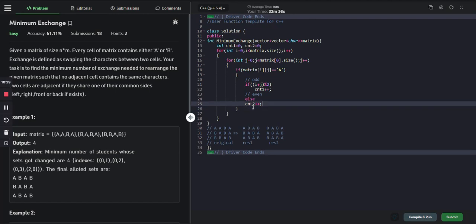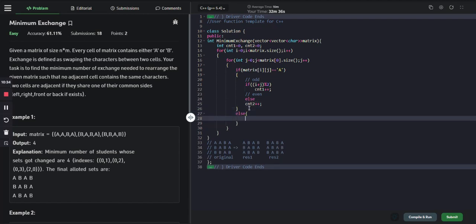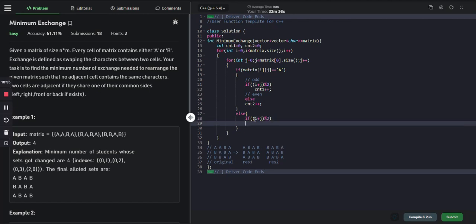Now there is another case when we are trying to convert this. I mean when the matrix at I, j is B, suppose this is the position, this is B. Now we need to check the same thing again, that if I plus j is odd, now what we need to do? In this case, since it is a B, and here we check 0, 1, 2 and 0, so this one is even,